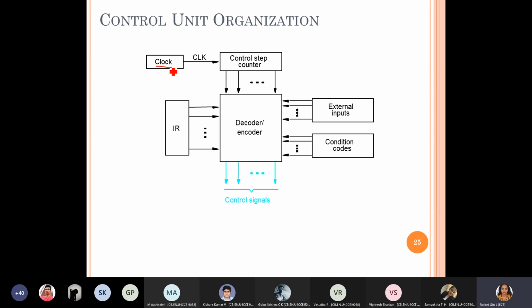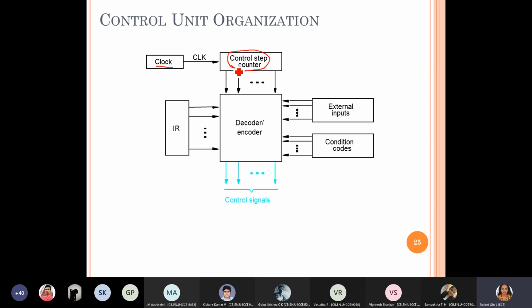Your basic clock should be whichever operation takes more time, so that in one clock pulse, whatever operation you expect to be over, you get sufficient time for it to get over. Okay, and the control step counter will tell you whether it's the first clock pulse or second or third clock pulse, so that you will have an idea of what set of control signals needs to be enabled at T1, what set at T2, and what set at T3.